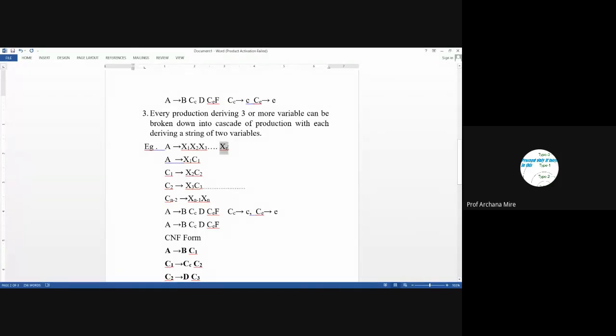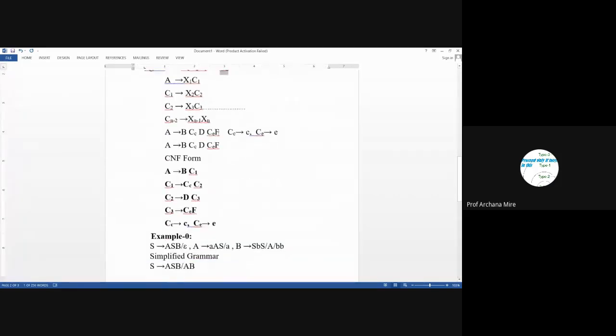We will be keeping xn, or let's take an example so that it will be more clear to you. Suppose this was a production rule where CC and CE, these two non-terminals, we introduced by converting terminal symbols c and e to the corresponding non-terminal symbols.